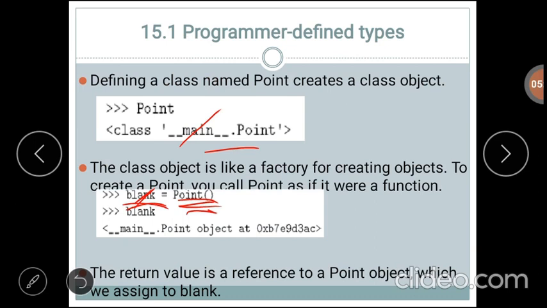Now blank is the object of class Point. If you give blank, that is the object name, it will return the address of that particular object.